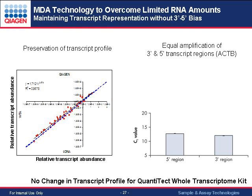And this technology, like for whole genome amplification, preserves very well, in this case, also the transcript profile, leading to no bias in your transcript analysis, as is shown in this example, where we have analyzed 50 different transcripts, comparing the relative transcript abundance from a non-amplified cDNA and from the cDNA which has been amplified with a new quantitative whole transcriptome kit. And as you can see from this chart, there's a very close correlation of the gene expression levels for the various transcripts coming from either the non-amplified or the amplified cDNA sample, showing a high preservation of